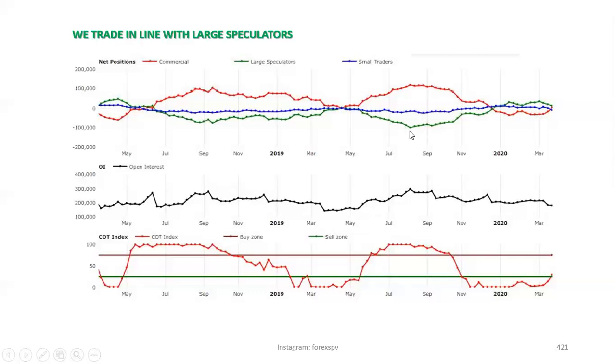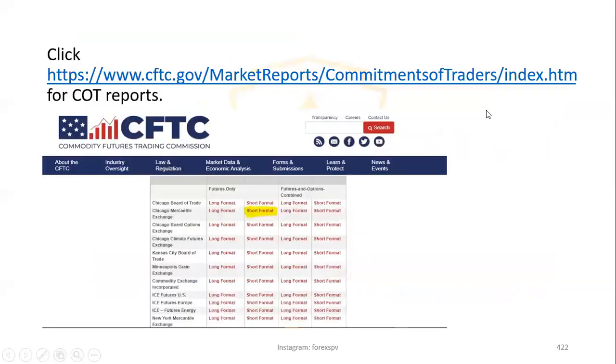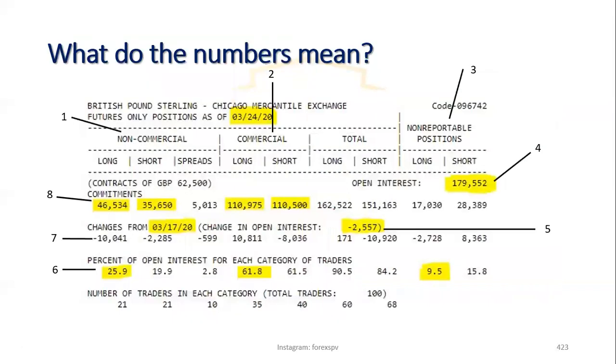And this is where price was reversing. And then we had the market buying again. So that's how we use the lines. But usually, personally, I use the numbers, and this is how you'd find it on the CFTC